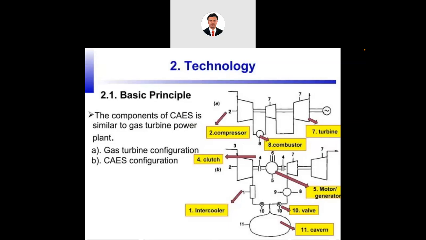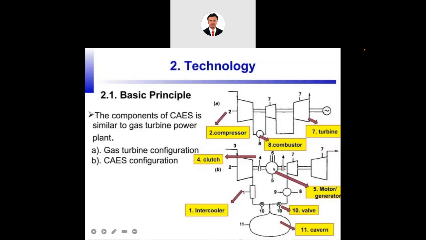Now, whenever we use compressed air energy storage, the change is that during the daytime, when the demand is less, we take atmospheric air, compress it, and store it in the storage or the different caverns. Okay, caverns means what? It is just a storage facility. Whenever we take out natural gas or crude oil, whatever space remains inside the earth's crust is known as the cavern.